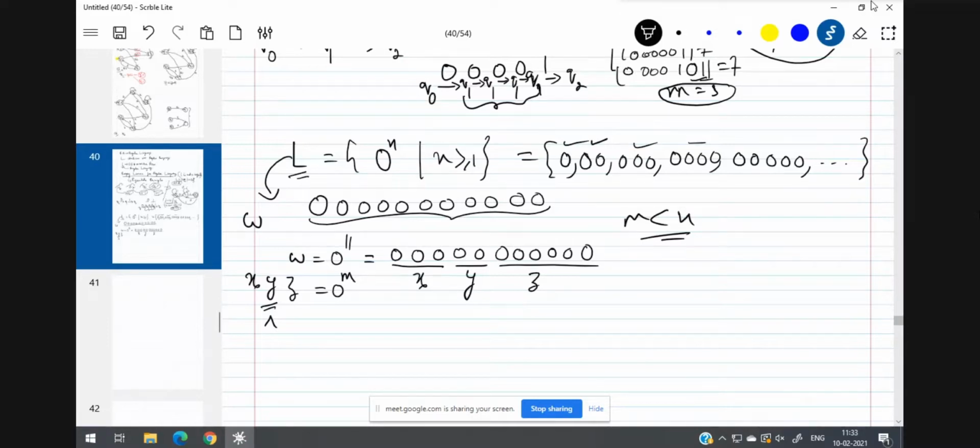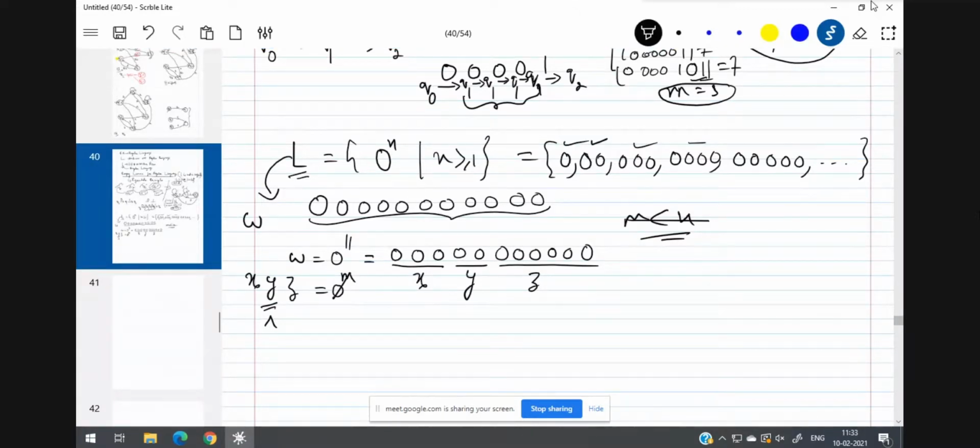So don't get confused. Later on, I'll be using only the small letter alphabet for representing the length and all. But for the time being, I'm not using such things. Definitely 11 is less than n. Okay, so now, after splitting this W into 3 substrings X, Y, Z,